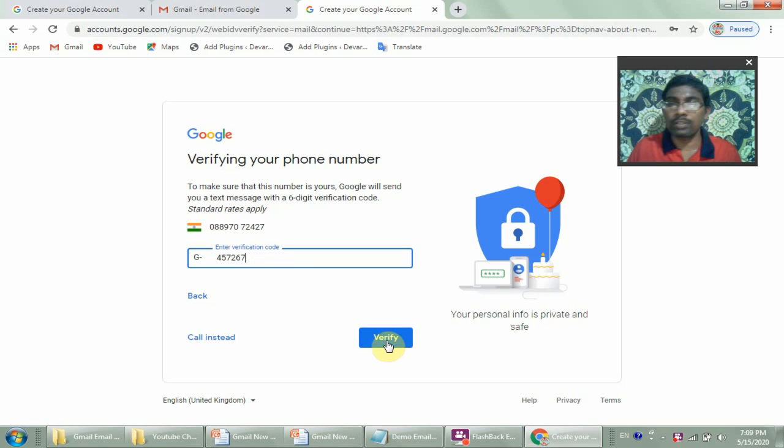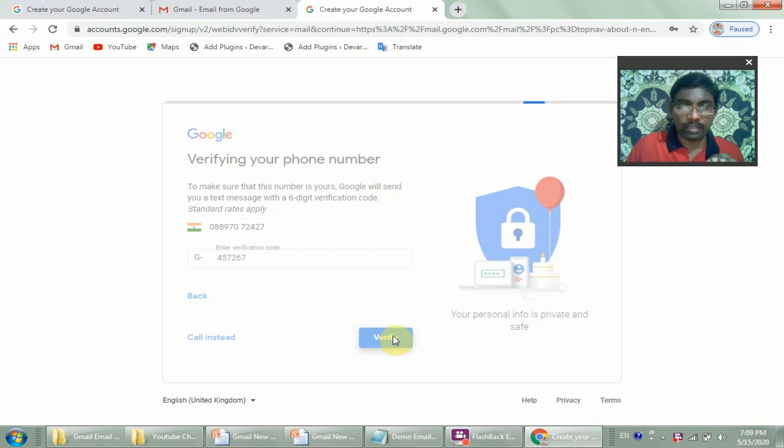After entering your 6-digit verification code correctly in that box, please click on the verify button. These are the steps to create a new Gmail account. After clicking the verify button, let us see what screen appears.